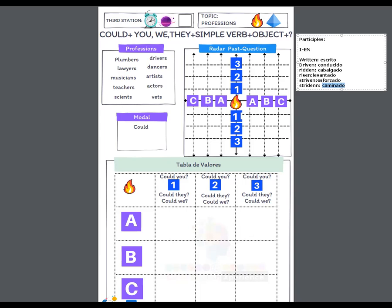Ya puedo decir es I could have strident. Estamos usando tres, bueno, ya lo vamos a ver con detalles. So, strident, and we can say driving. We can say smiling. I'm sorry, in this part, driving is like prosperado. Prosperado, no,